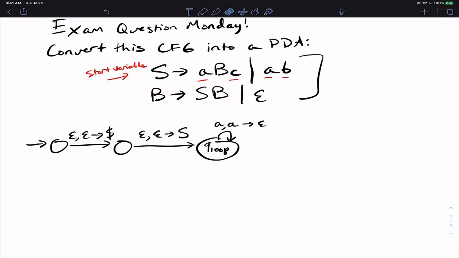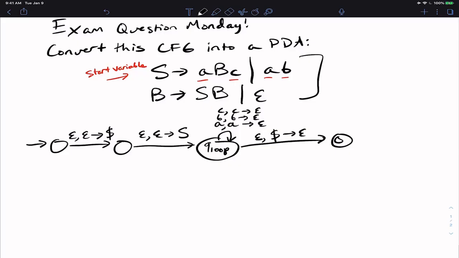So here, what we're trying to do is match off of the input at the same time that they're being produced on the stack. Then we're going to do exactly the same thing for the B terminal and the same thing for the C terminal. No problem. If we have a $ sign on top of the stack, we need to go to an